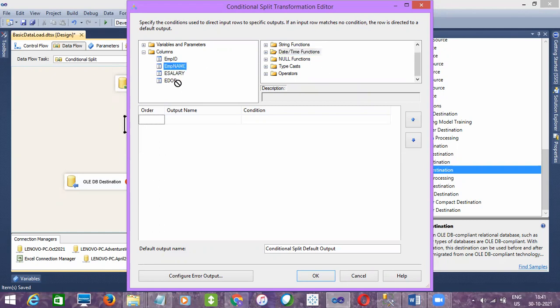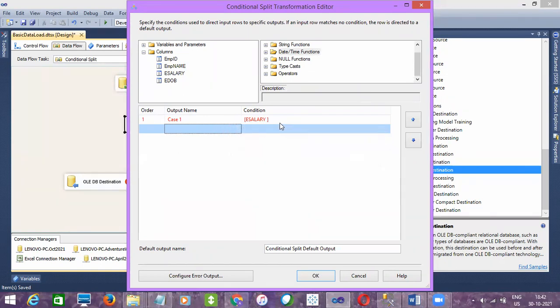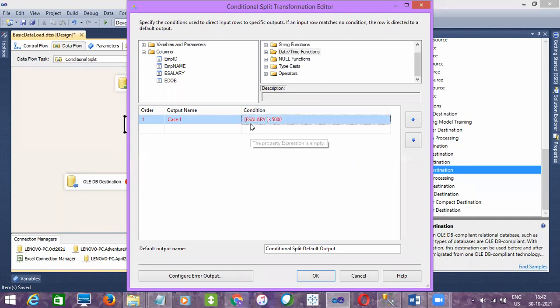So let me drag salary. We need to write a condition based on the salaries, right? So let me drag it, and if we leave it as it is, it will expect the condition. That's the reason why you can see here the text is in red mark, right? So if you want to give a condition, the first condition is less than 5,000. Is it accepting?